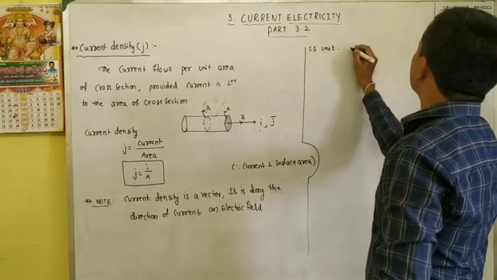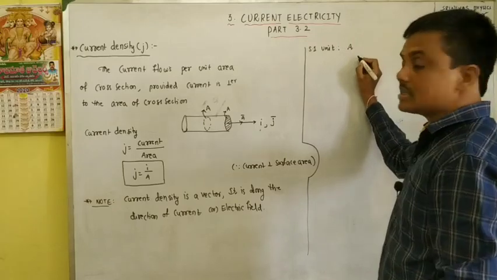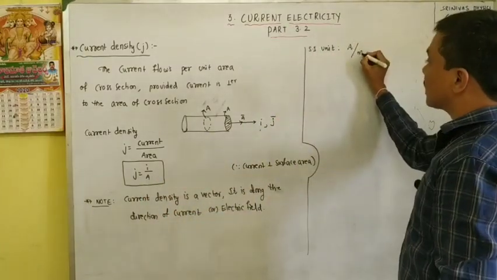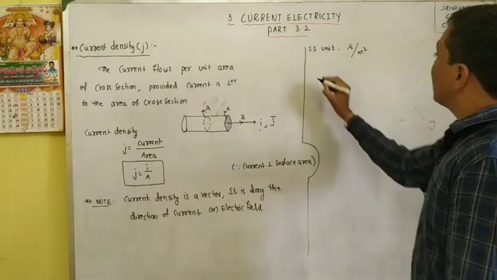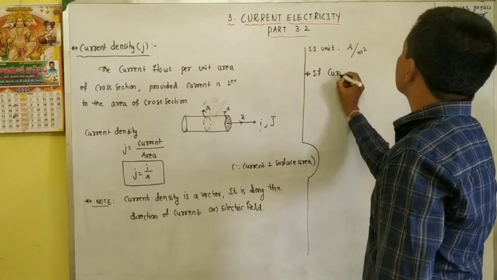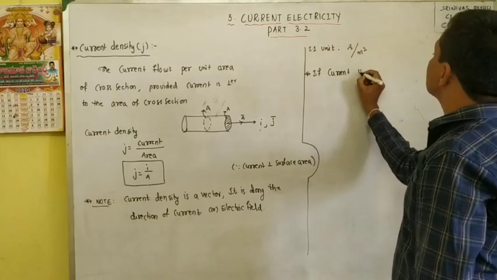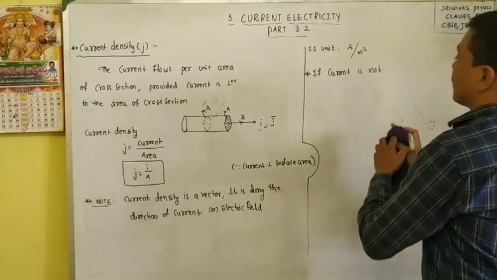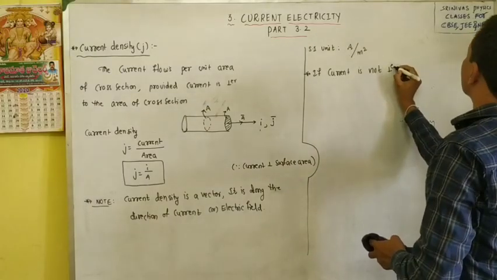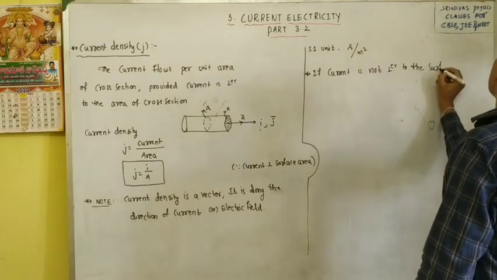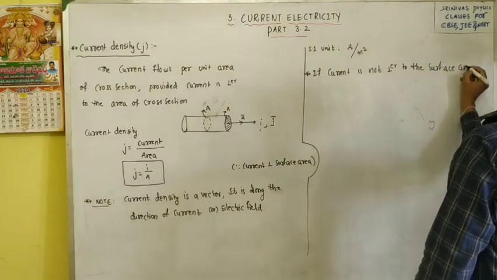It is a current per unit area. Current unit is ampere, area is meter square. Current per unit area. And now if current is not perpendicular to the surface area, then how to write the current density